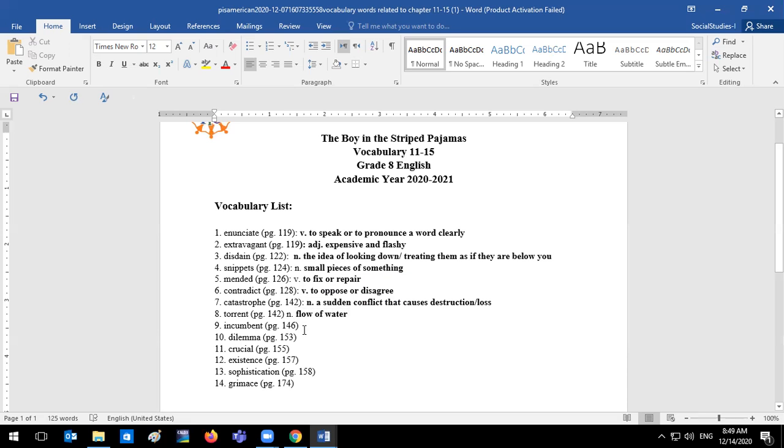Okay, incumbent is an adjective, and it describes a person's duty. For example, it's incumbent for certain people to attend the army at a certain age. Basically, incumbent means something that you must do as the law says. It's incumbent for us to vote, because this is something that the country needs us to do. It's incumbent for us to wear our seatbelts while we drive. Again, these are laws set by the government that we must adhere to or follow.